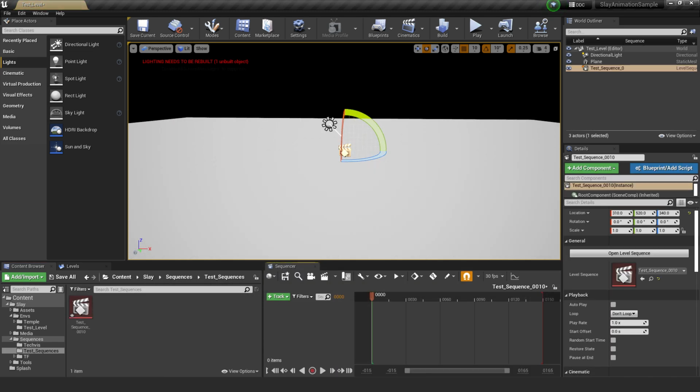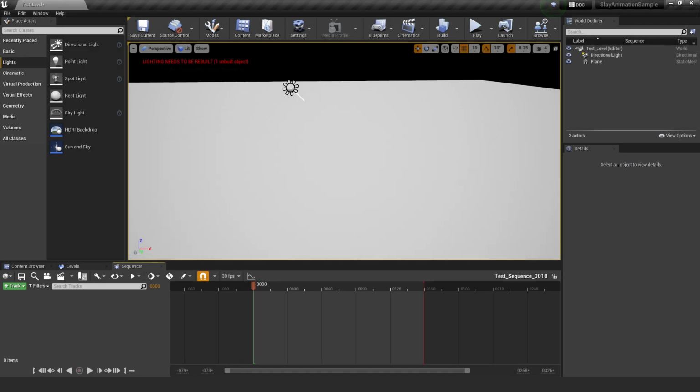So we're going to save that, and it's going to automatically create this, and then we're going to be popped into the sequencer, and it'll bring out its own little tab. Let's get into what we're going to be most commonly using when we're inside of sequencer. Obviously your save button in the upper left hand corner, and your create new camera button, which more often than not you will be using to create a brand new camera, which then also creates a new camera cut.